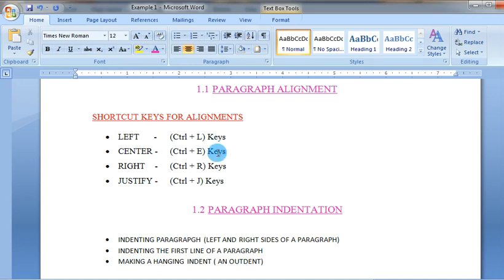Center alignment aligns the paragraph to the center of the page and the shortcut key is Ctrl+E. The right alignment aligns the text to the right side of the document and the shortcut key is Ctrl+R. In justify alignment, both sides, left and right, of the paragraph are lined up.